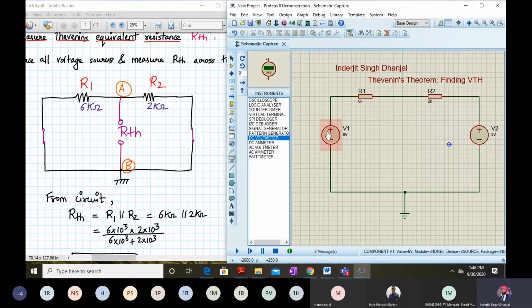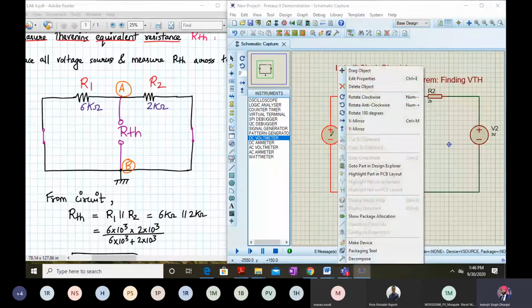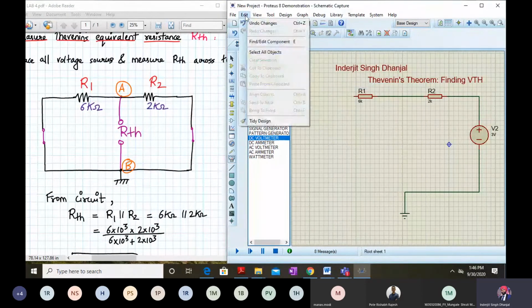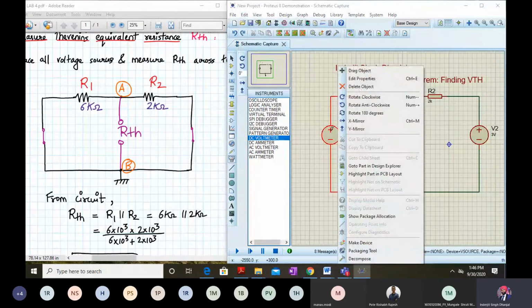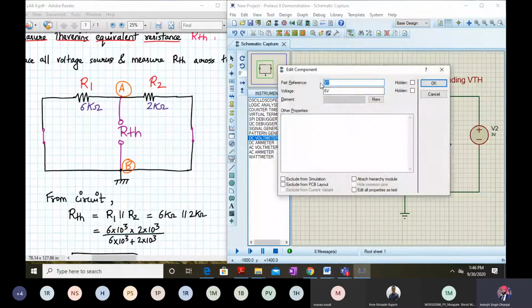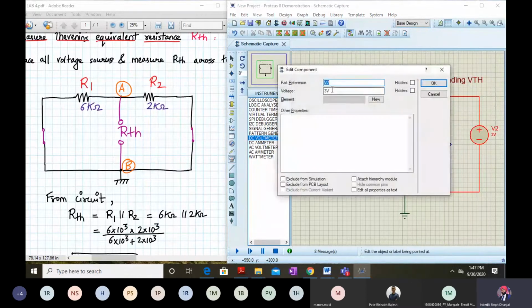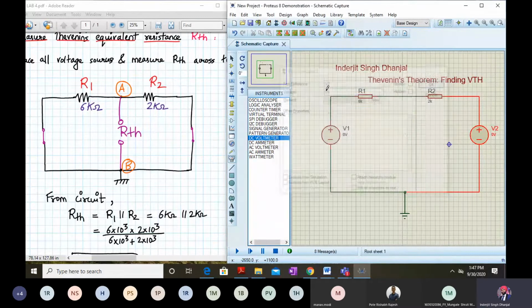We have to make this 0. Instead of deleting the sources, we can make the value 0. So this is around 0 volts, and this is also 0 volts. Now we need to find the equivalent resistance across this A and B node.